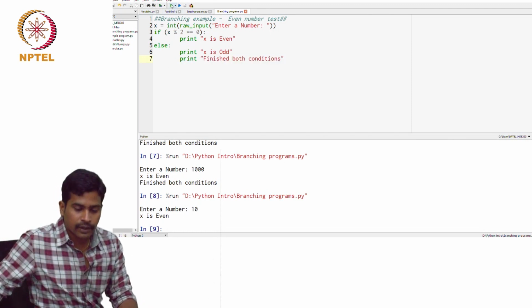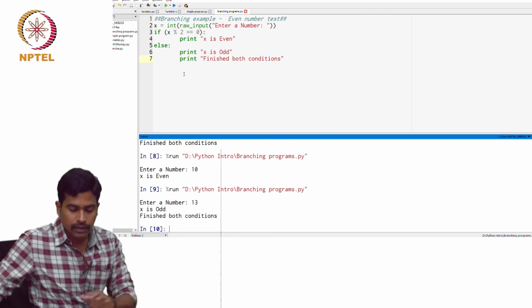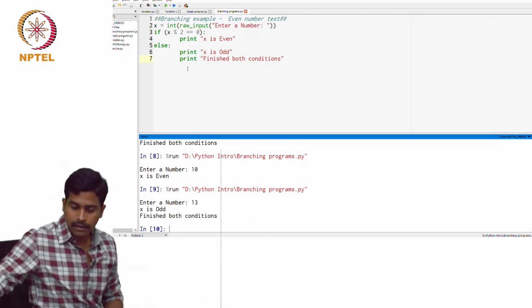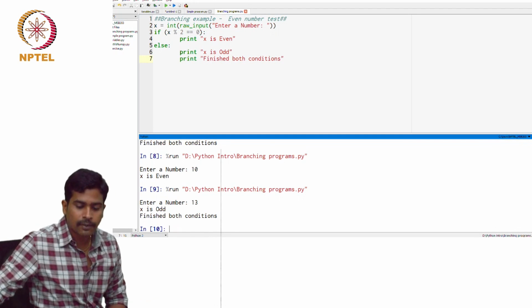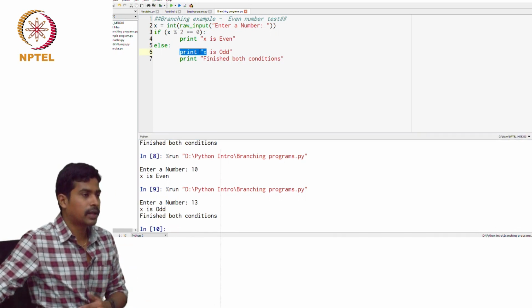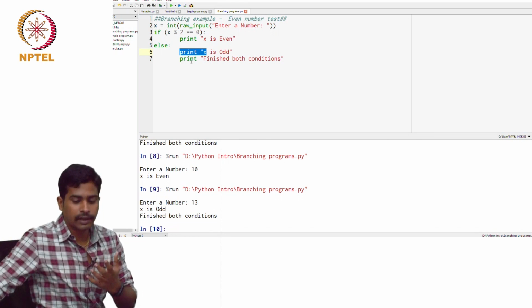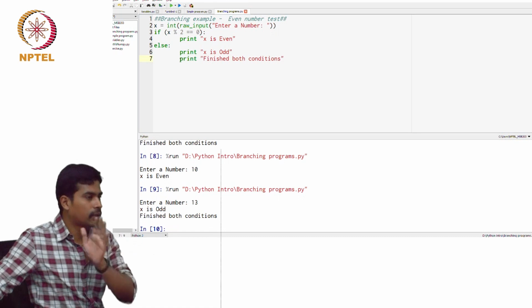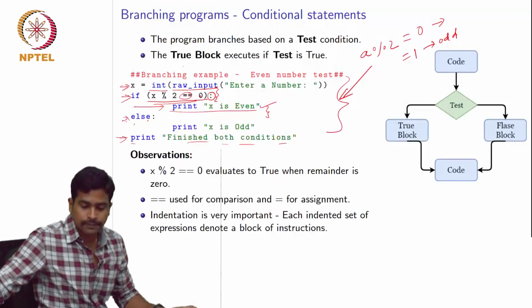Similarly, if you give an odd number, since this is an odd number, the program is going inside the else block and it is printing both of these statements. Okay. So you always should keep in mind where your next statement is going, whether you want to include it in that block or not.